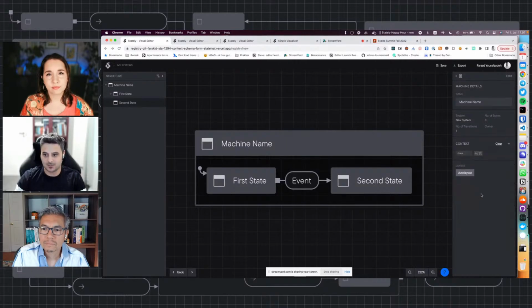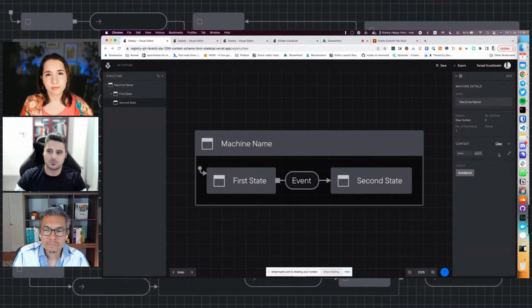And once you add to context, it will be in the machine context from now on, and it will be saved on your digraph. Depending on how you're using the Stately editor, whether it's in the new page, which will persist it to the local storage for you temporarily, or you save it, which will persist it to the registry database, we will keep the context in the machine diagram configuration so that you don't lose this metadata later on.